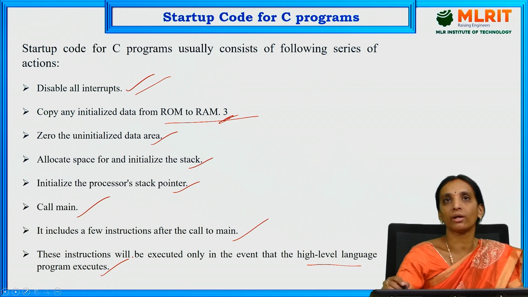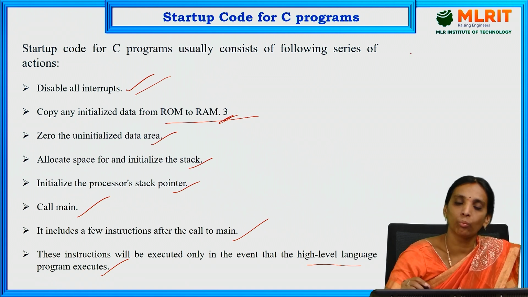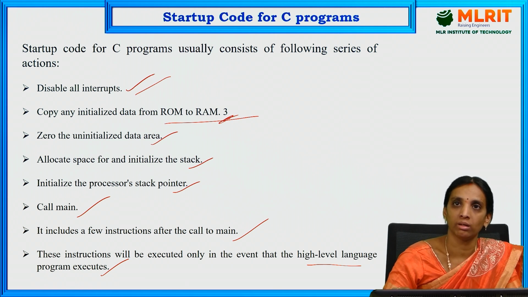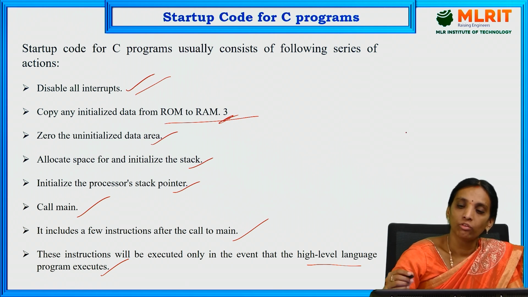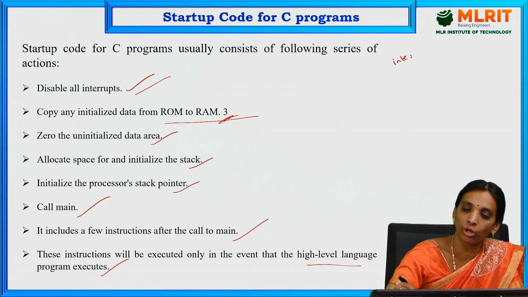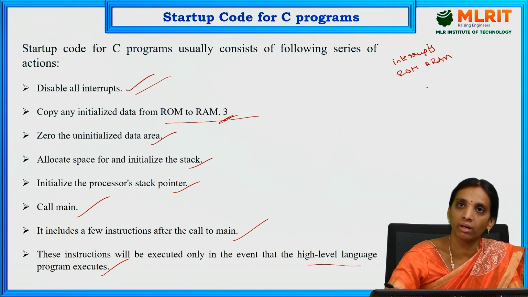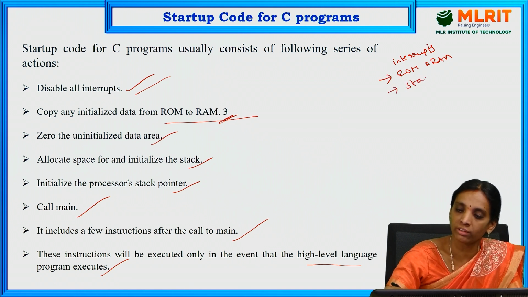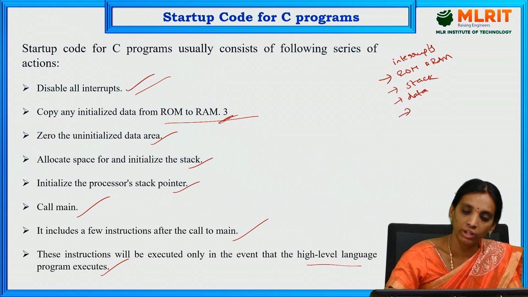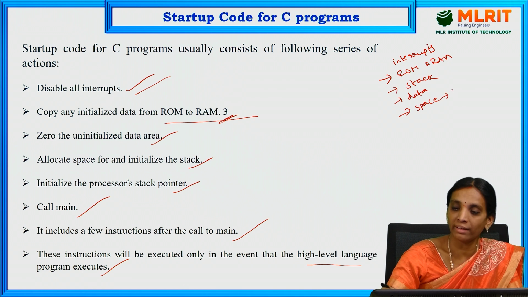So what is the startup code? It is the process used for entering into our application. Before entering into our application program, we need to check whether all interrupts are disabled or not, and whether there is any overlapping of memory or not. We need to initialize all the memory elements, like initializing the stack, the data memory, and the program memory, and we need to allocate space for our program and data,